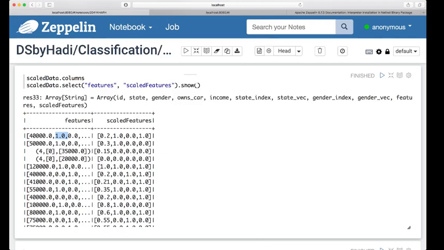So it's not changed. So this is 1, here is 1. This is 0, here it is 0, and so on. Just remember we had dense vector